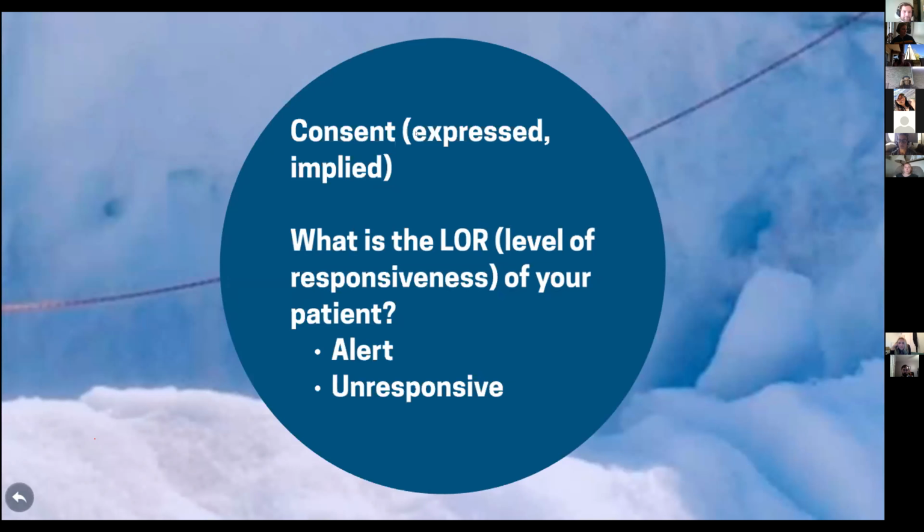And on the other end of the spectrum, if somebody is in a bad spot, for example, they have hit their head or something else is going on and they are unconscious or unresponsive, you have what's called implied consent, because if they're unable to communicate with you, the courts in the United States are saying most folks would want your help.